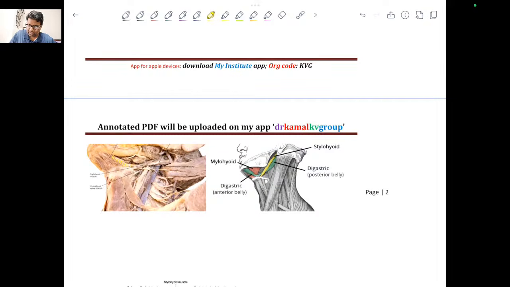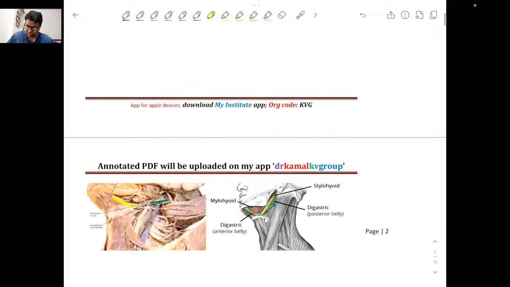So this one is the anterior belly of digastric, like this, okay? And then the other one which is going like this is the posterior belly of digastric. Here we can see this one is the posterior belly of digastric. Clear? So anterior belly of digastric and posterior belly of digastric, and yes, in between the two you can see